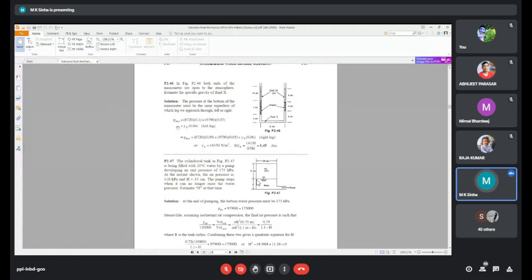This is equal to the right limb. Open to the atmosphere, P atmospheric. Then due to the 9 centimeter of oil, rho g h, h is 0.09 meter, and the same 8720 which is given for the fluid, or you may take it from the data book, or in the question it is always given. Then due to the water 5 centimeter, rho g h, h is 0.05, plus gamma X into 0.06.